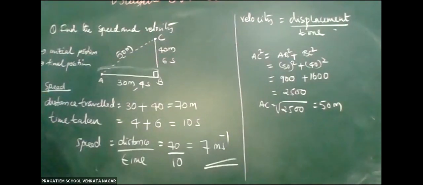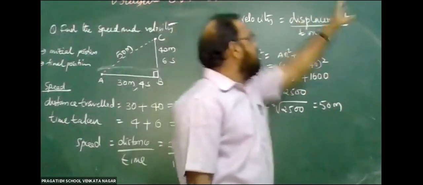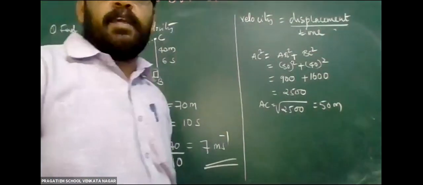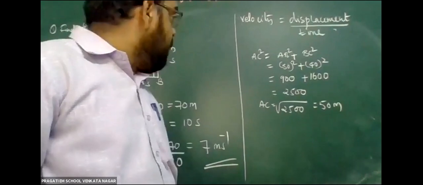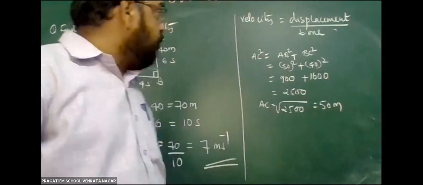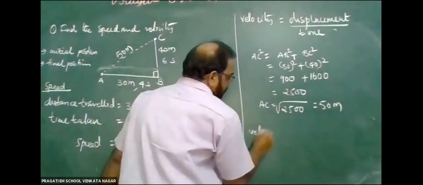This is 50 meters. To find the velocity, we should find the displacement. Without finding the displacement, we cannot find the velocity. But distance, we can directly add and get it. But displacement, we should find it, and therefore velocity